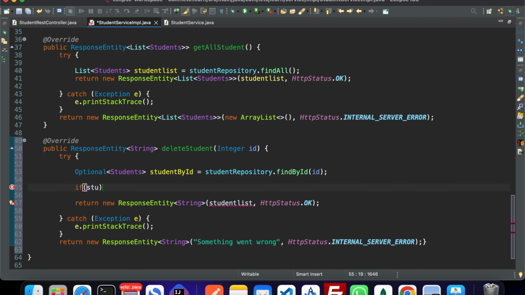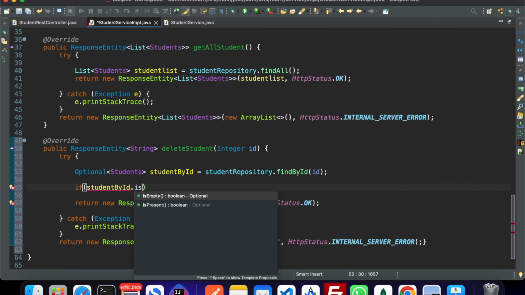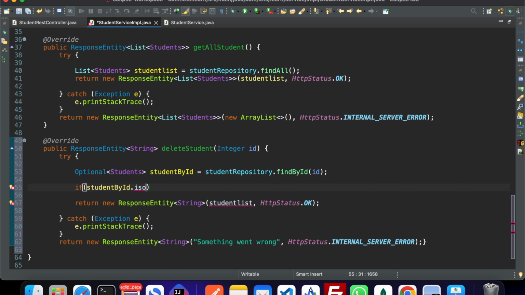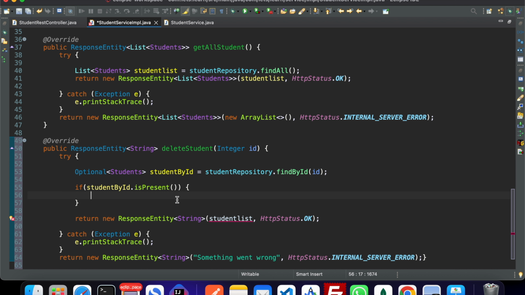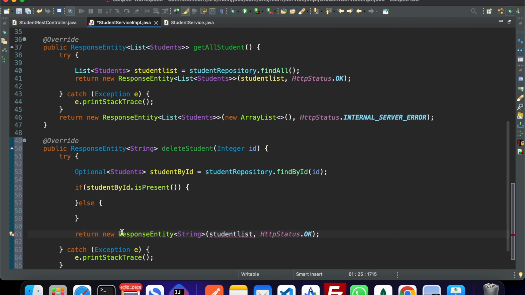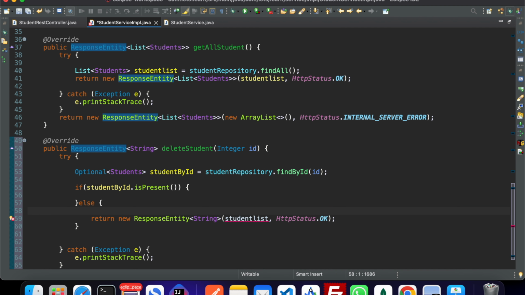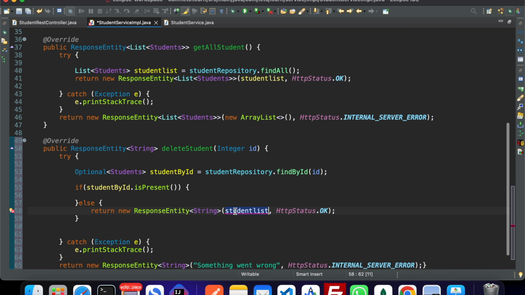So let's say if student by id dot is present, so if it is present, then only we are going to delete. If it is not, then we are only going to return a message that student with